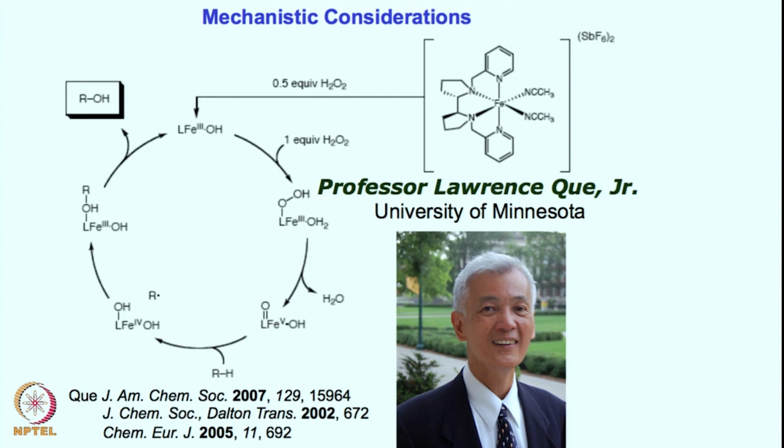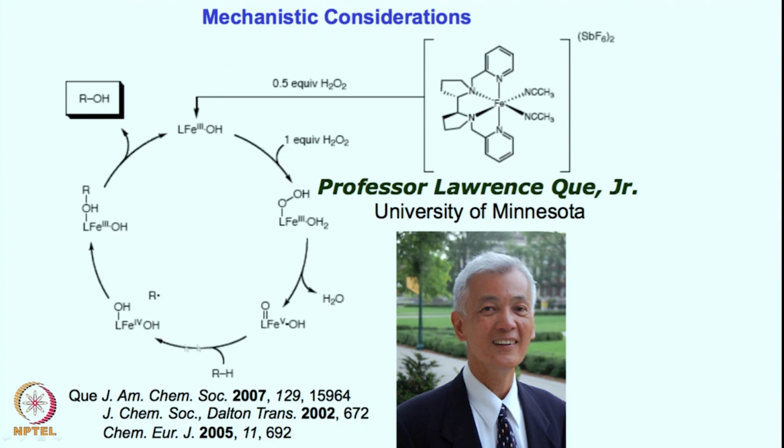You have seen such sorts of high valent iron oxo species formation in case of cytochrome P450. Just a moment ago we were discussing cytochrome P450 also has essentially iron 5 oxo, which is iron 4 oxo radical cation, which can do quite a beautiful lot of chemistry with the porphyrin ring, but these are non-porphyrin ring or non-heme ligand systems which are also capable of doing this chemistry, right.